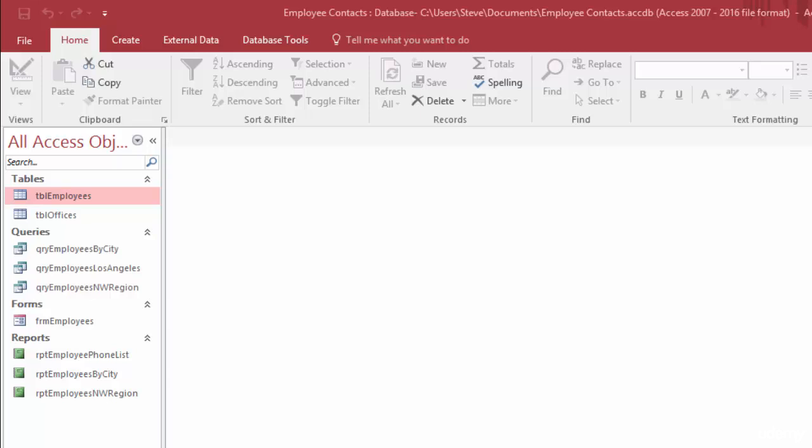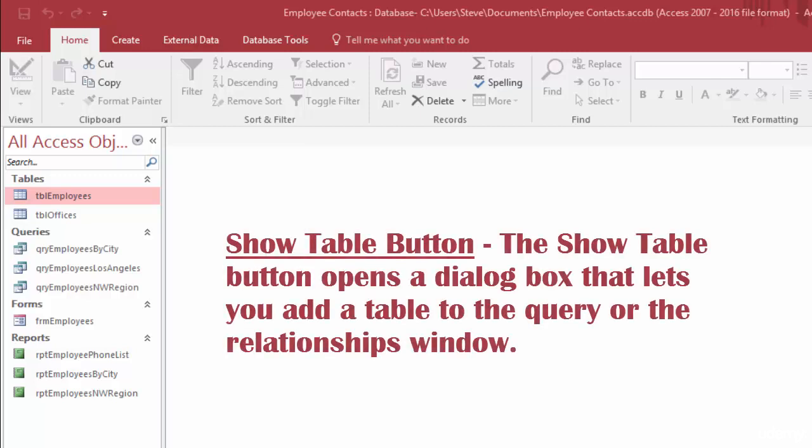Okay, in this video we're going to talk about definitions that start with the letter S. And our first definition is the Show Table button. The Show Table button opens a dialog box that lets you add a table to the query or the relationships